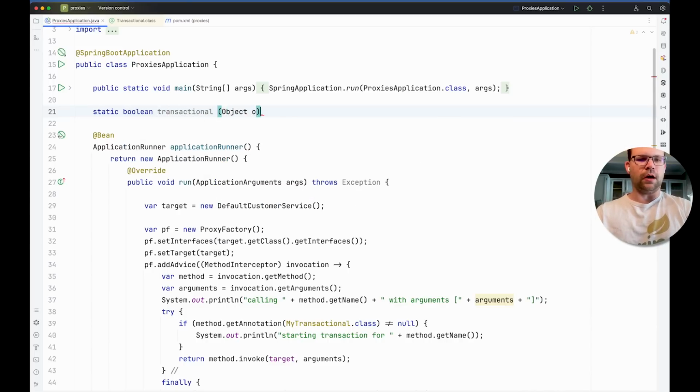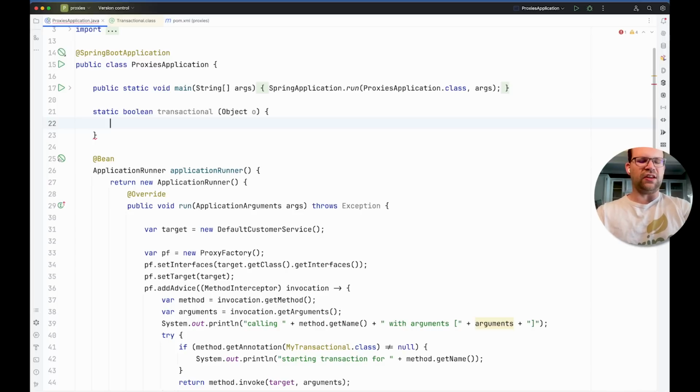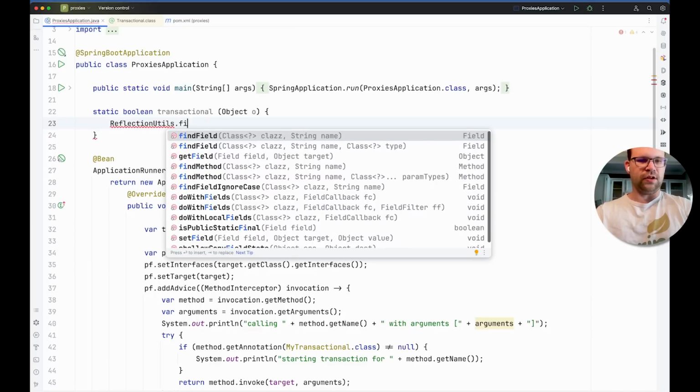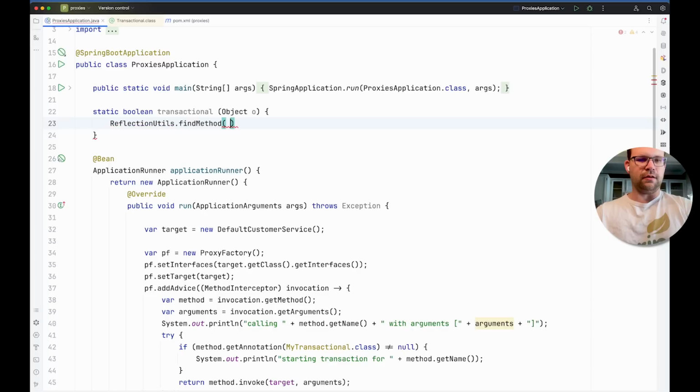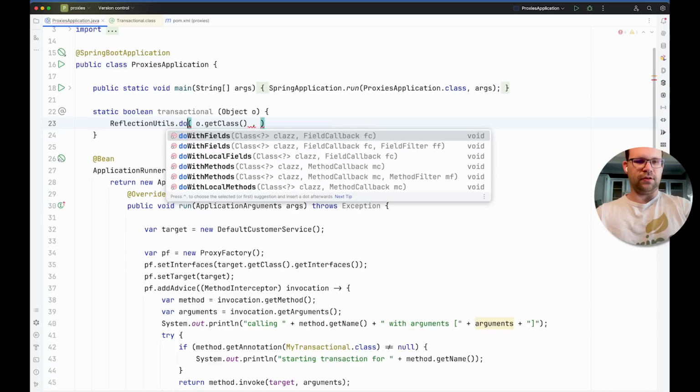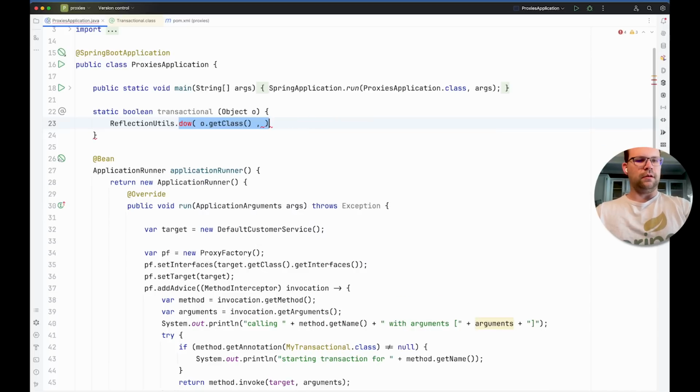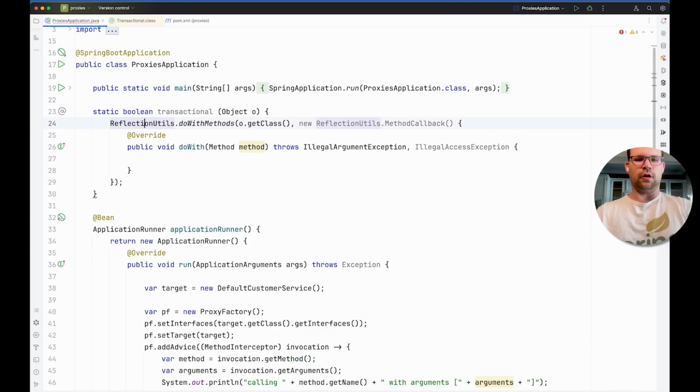Given an object, I want to test and see if it's got any methods. So I can say ReflectionUtils.findMethod, o.getClass() and find methods. Oh, sorry, doWithMethods. There you go. I can say ReflectionUtils.doWithMethods, o.getClass(), new MethodCallback,